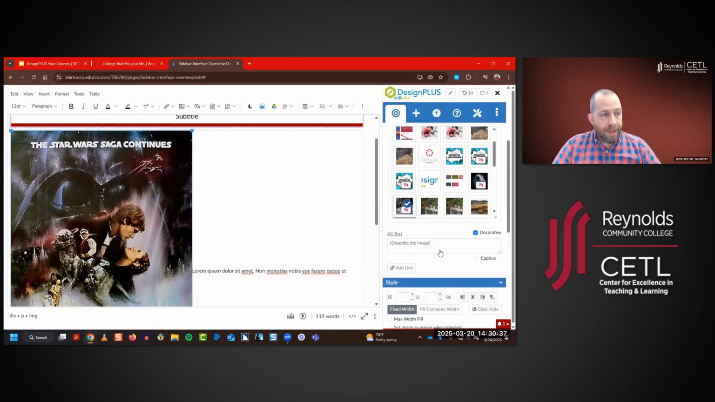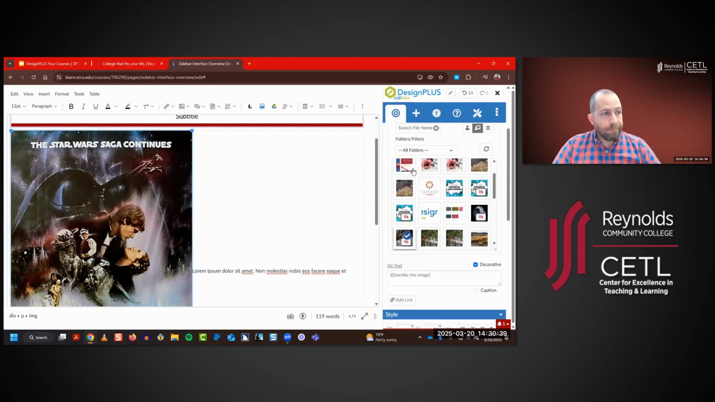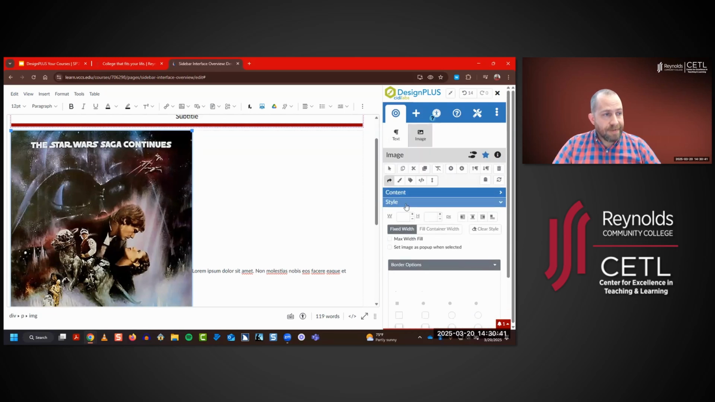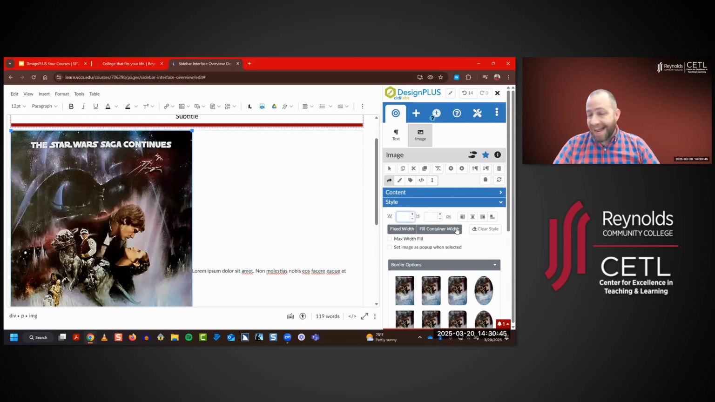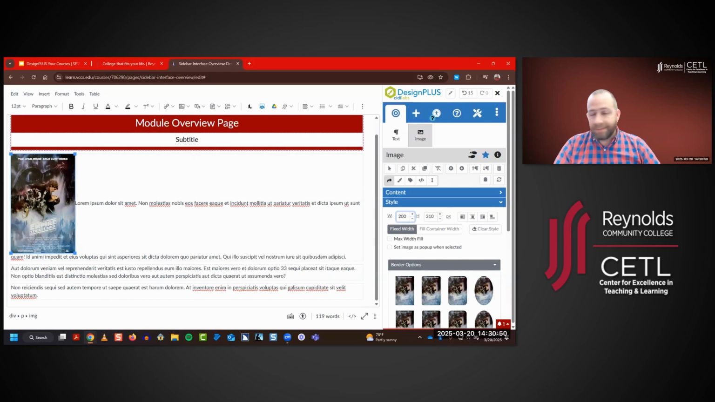Under style, so if I expand style, so again, remember we've got content and style. Style is now where I can really have fun with this image. So width and height, maybe I want to make this smaller, so I'll make that 200 pixels wide, make that a little smaller. Next, and this is my favorite, you cannot do this natively in the rich content editor unless